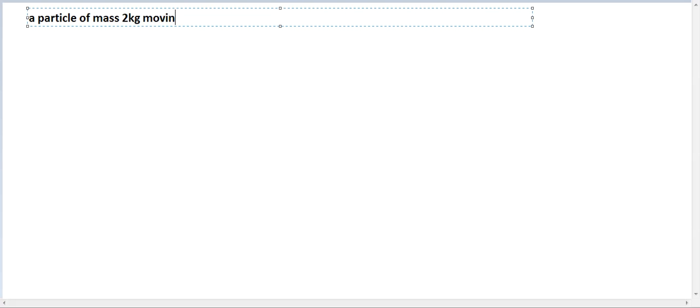moving in such a way that its position from origin varies as x is equal to t power 2, t square. Find